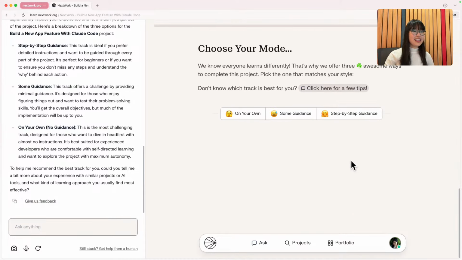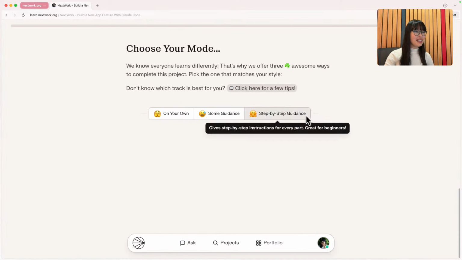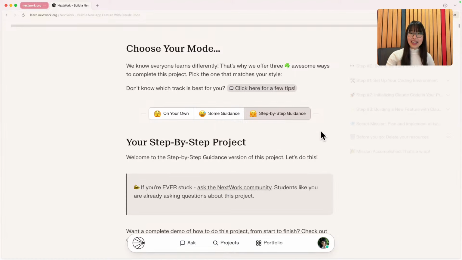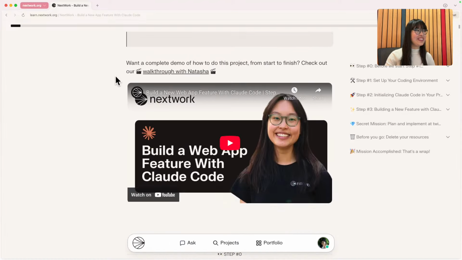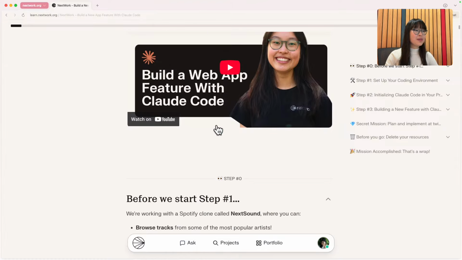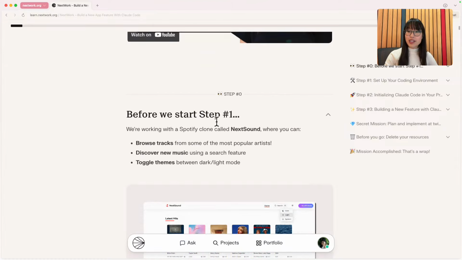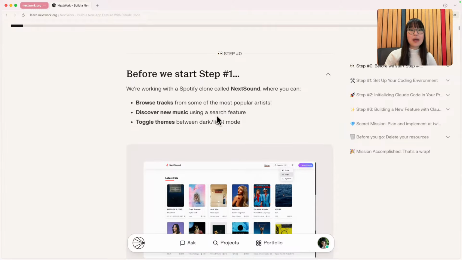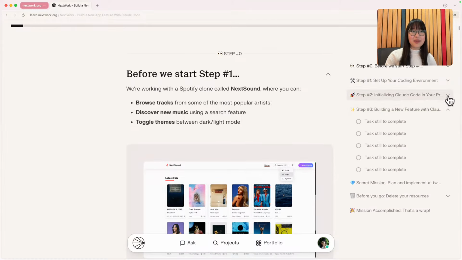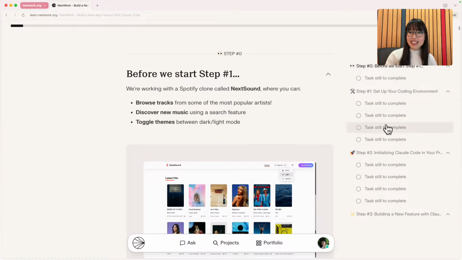Of course, step-by-step guidance is what we're here for in this demo. So I'm going to click on that and get started. Oh, inception moment. So you can absolutely watch this demo as you do the project. Or if you're someone that just prefers to watch and follow along, definitely you can choose to just watch this YouTube video today. But I do recommend jumping into the project guide and completing some of these tasks so you